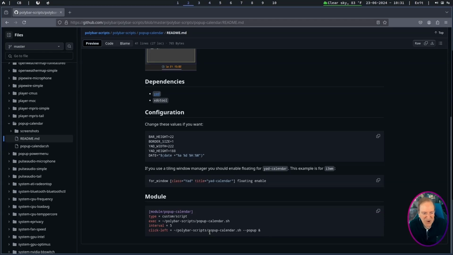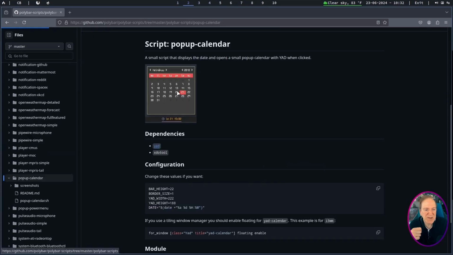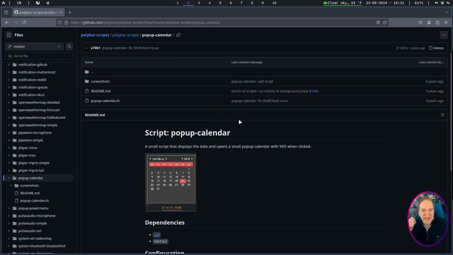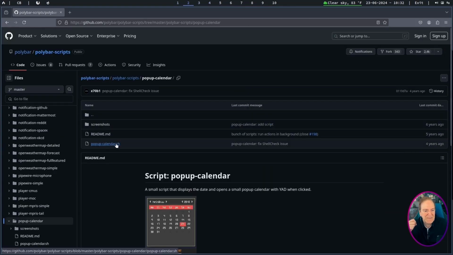Here's our module code here that we want to paste in our ini file for our Polybar. So I'm just going to hit this little copy symbol here, and that'll copy all that code to the clipboard. Nice. And some window managers, you might want to enable floating too. I don't know if I have to do that here in DK. We'll find out. But I need the pop-up